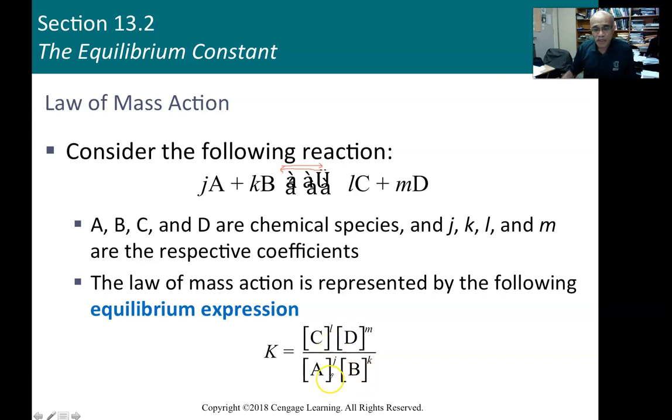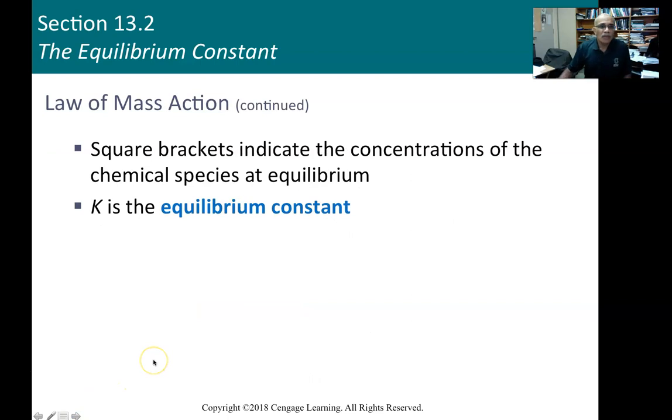So these are product terms. Products meaning multiplication term, that is. So products over reactants raised to their coefficient. The square brackets, you know, represent the concentration,